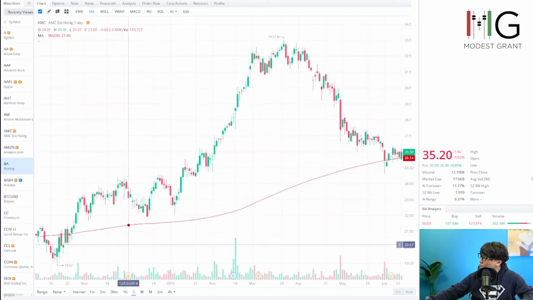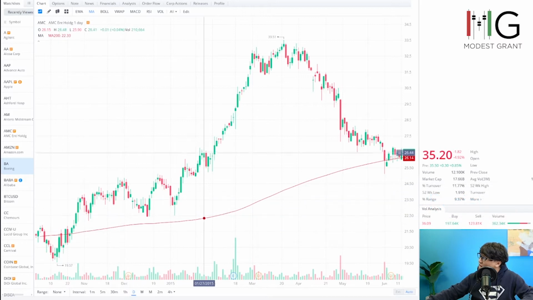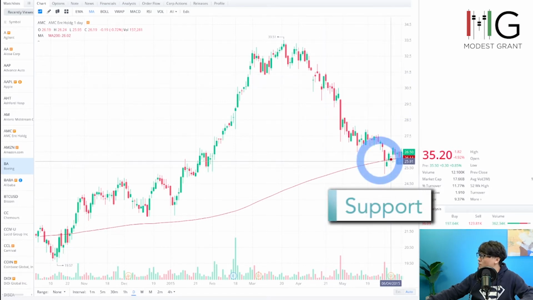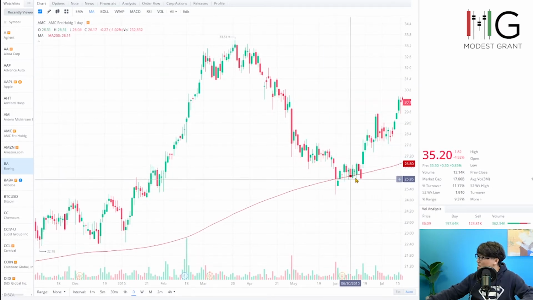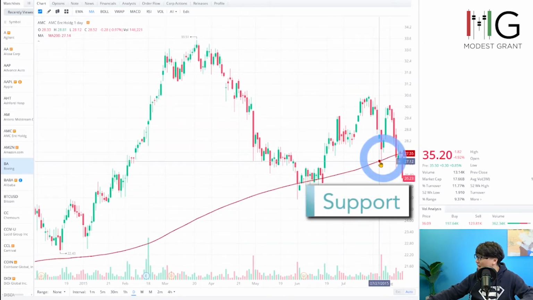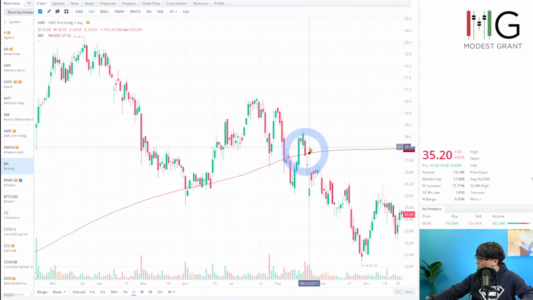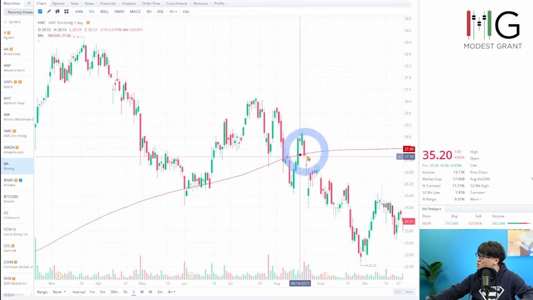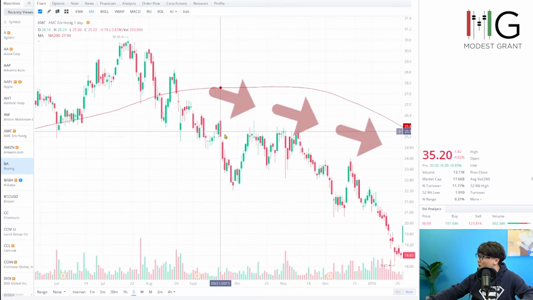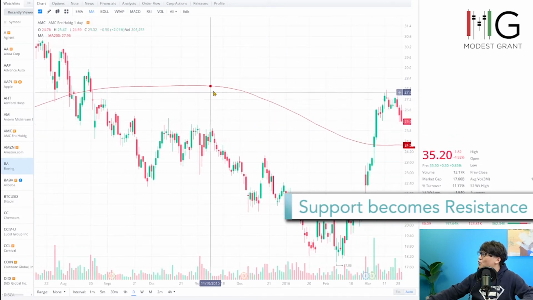We also use moving averages as support or resistance. So this is an uptrend. All of the prices are trading above the moving average, and now it's coming back. It's testing this support. It got rejected because this is the support, and it went back up. Now it's testing again, it went back up again because this is support. So eventually this candle right here broke through that support. So now this has become a downtrend. And this moving average is acting as a resistance now.